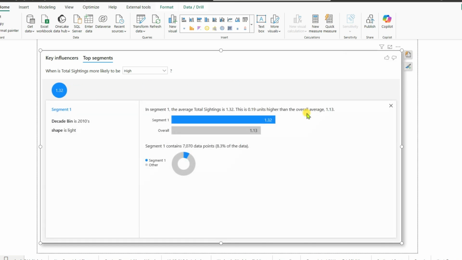As you can see, these are the details which are being calculated. Again, we have to understand that this particular thing is working on a metric, so this tab will display a ranked list of the individual contributing factors that drive the selected condition. The top segments tab will take this a step further and display groupings of key influencers and their impact on